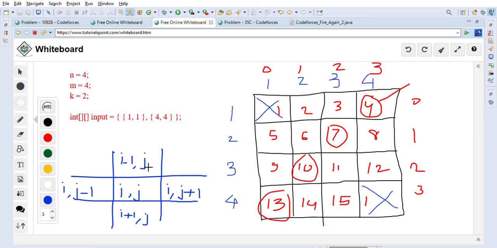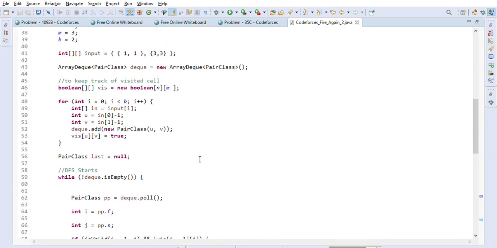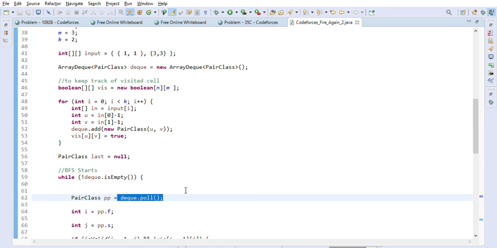Those four directions that I mentioned, every minute it will keep expanding. So we have to find out the last burning tree. How we found it out: the last element that we are pulling from the queue is the last burning tree. So we are just pulling the last element, that is the last burning tree.